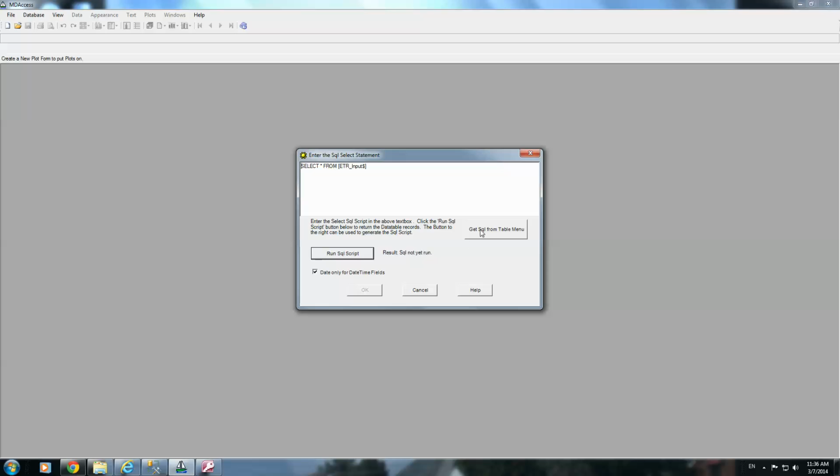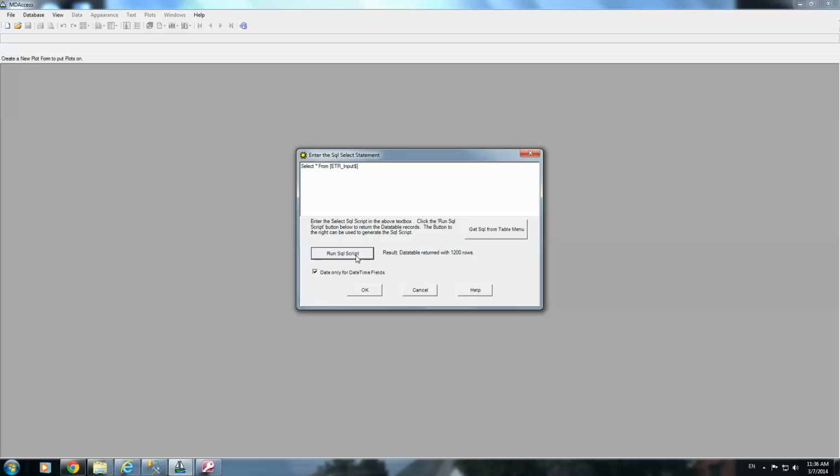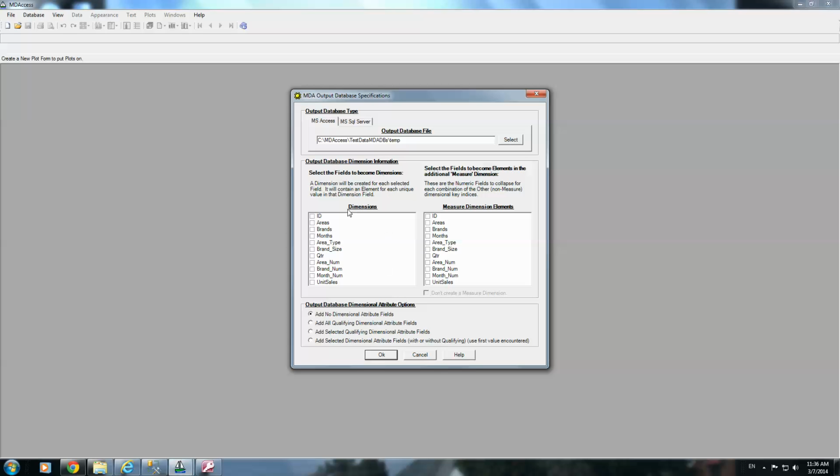Okay, we select all the fields and the script, 1200 rows. We'll make a database. We'll call it that first one we called temp. We'll call this MDA temp 2, and turn on the